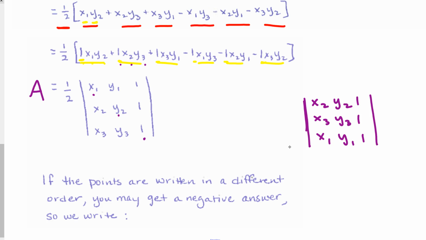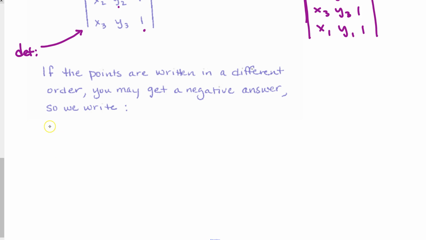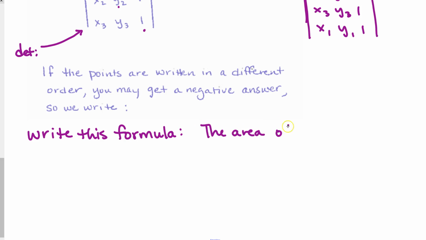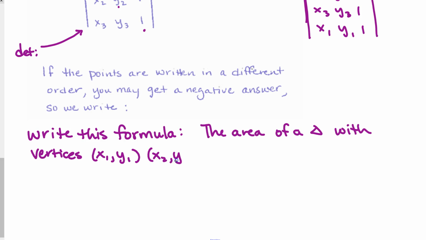What symbol do we use for absolute value? Straight lines. Well, that's a problem because we're using straight lines to stand for determinant. So the workaround for this, it's not the best ever, but what we do is we say the area, and this is what you want to write. The area of a triangle with vertices x1, y1, x2, y2, x3, y3 is